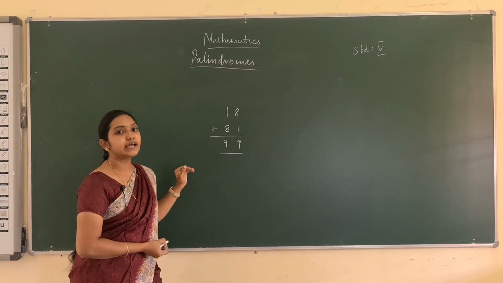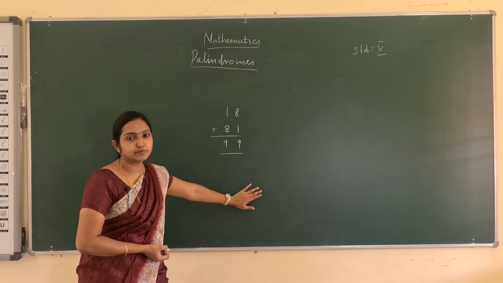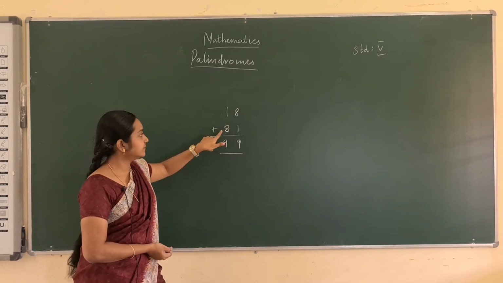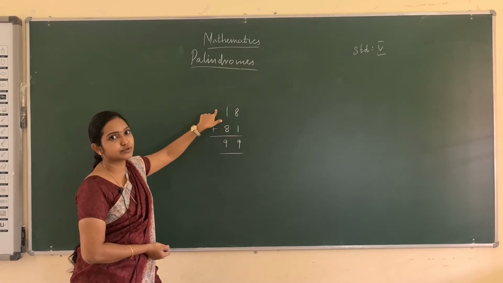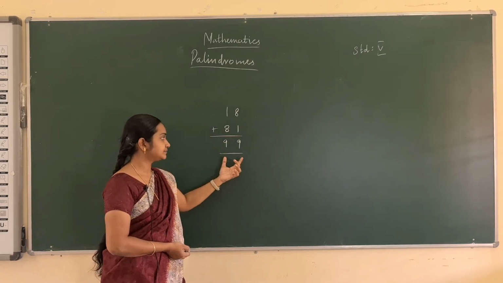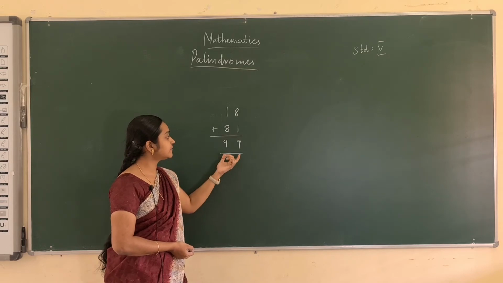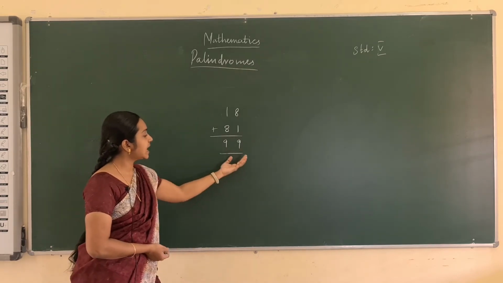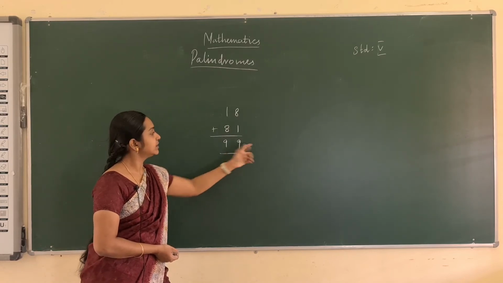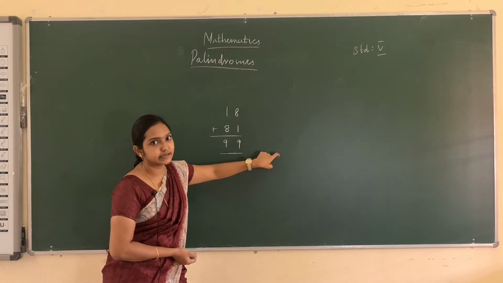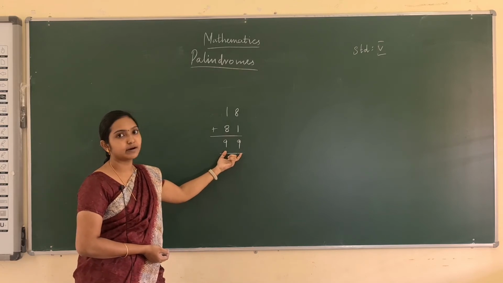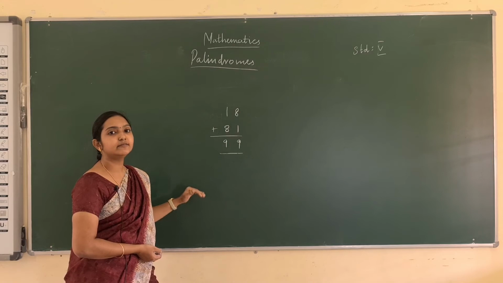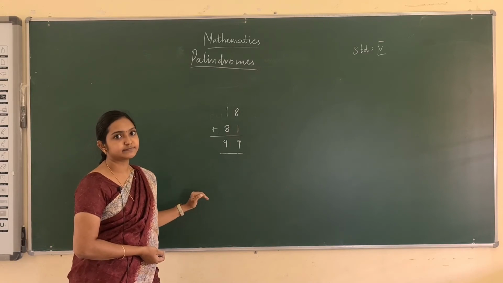We can convert a normal number into a palindrome number. For that, the first step is we have to reverse that number, and with that reversed number we have to add the original number. We will get a palindrome. Even now, if we didn't get a palindrome number, we have to keep that number and reverse this number, and add the reversed number and the original number. We may get a palindrome. We have to continue this process until we reach a palindrome number.